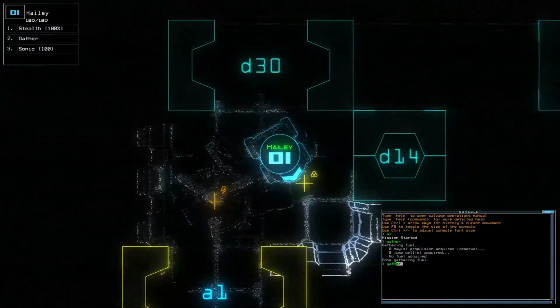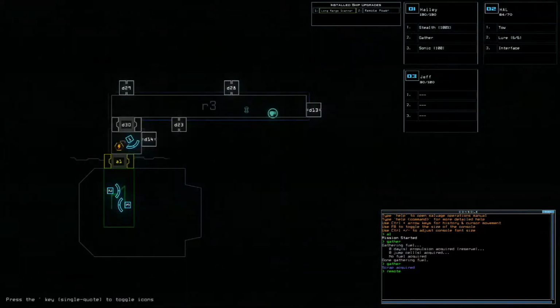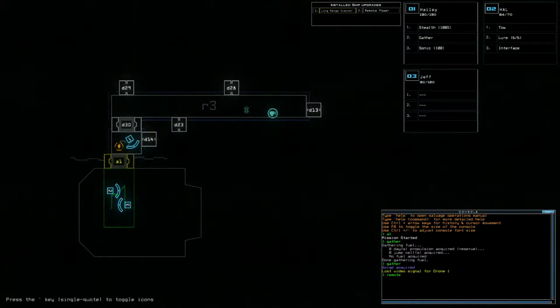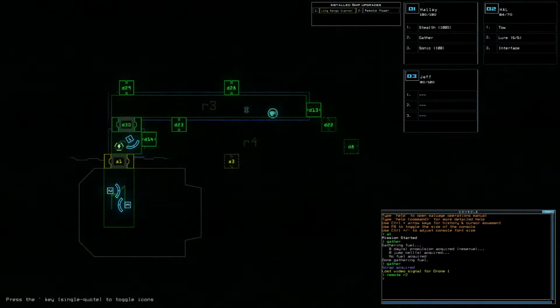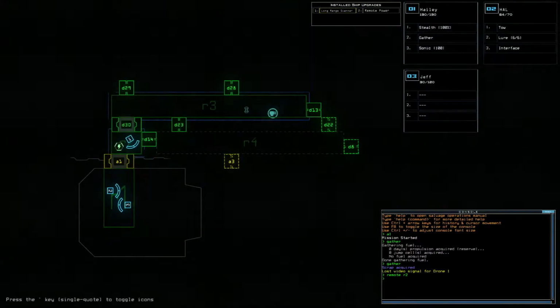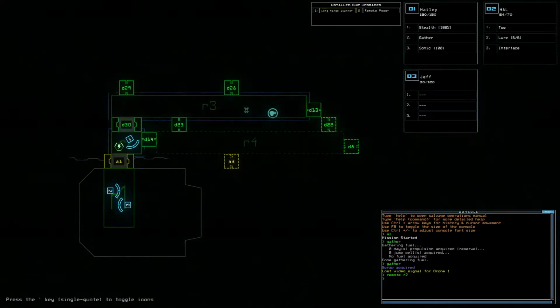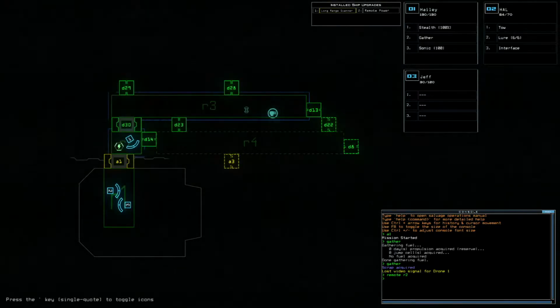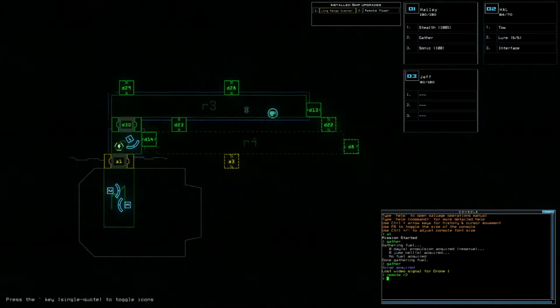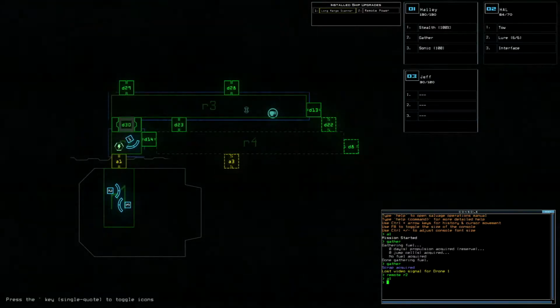And of course we want to get this as well, and then we will remotely power whatever this room is. R2. Great. If I don't have the video feed, I'm not going to be able to tell if this drone is running into issues. I'm going to close up the airlock. We will...